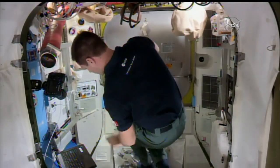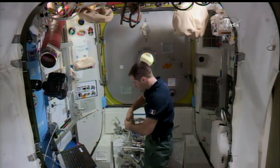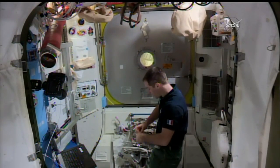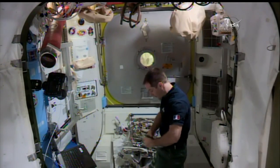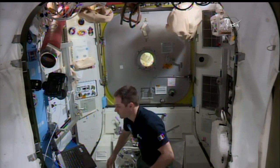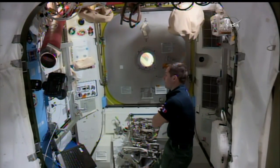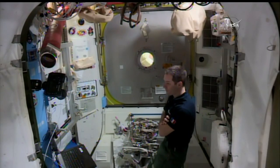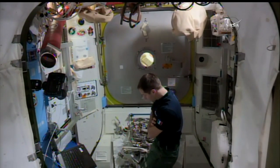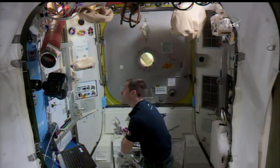This is Mission Control Houston. This view now inside the equipment lock section of the Quest airlock. This spacewalk now drawing to a close. You're looking at Thomas Pesquet of the European Space Agency, who helped suit the crew up in the wee hours this morning and will supervise the repressurization of the crew lock section of Quest that is just beyond that hatchway. At the 2-hour, 36-minute mark into today's spacewalk, to recap, the tasks that were put into today's contingency spacewalk have